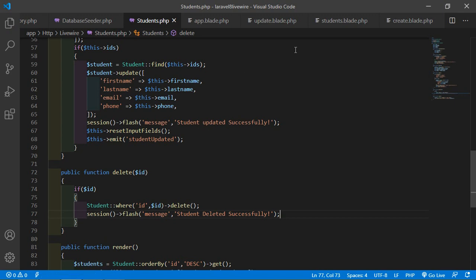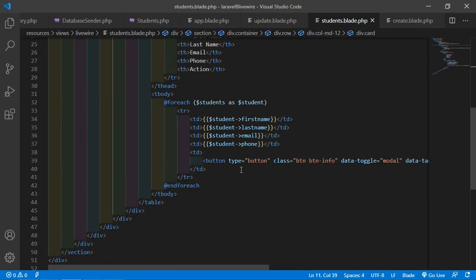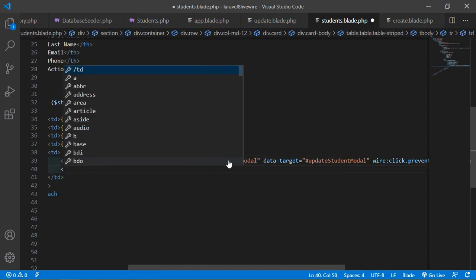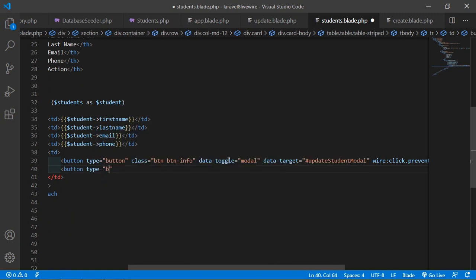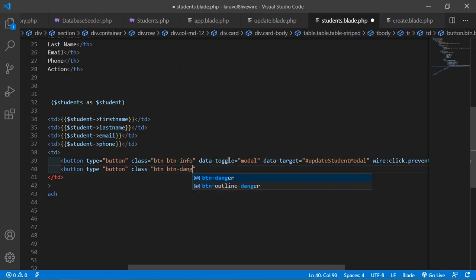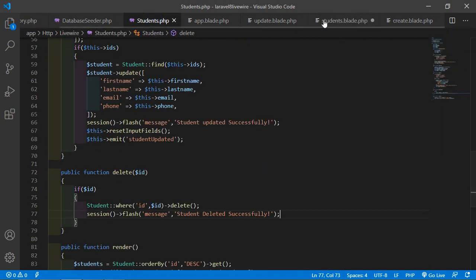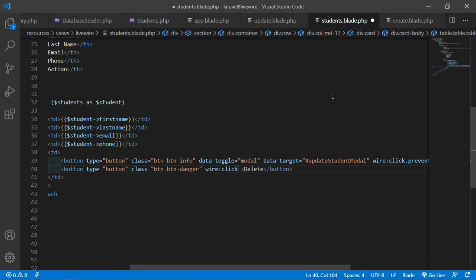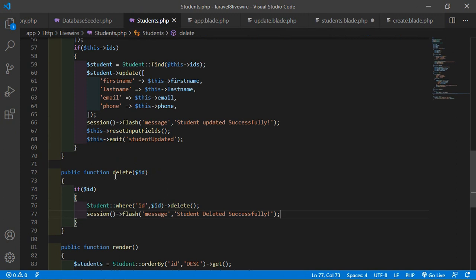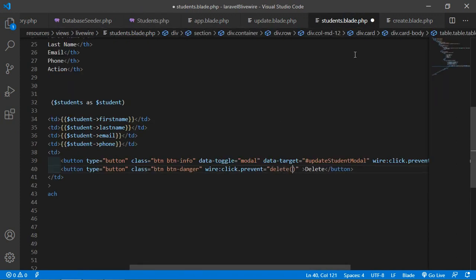now save this file and just go inside the students component view file, and inside this table after this edit button, let's create one more button for deleting the record. So just write here button type is equal to button, and class is equal to btn btn-danger. All right, and inside this just add here a text, delete. All right, and here just call the delete function. So for that just write here wire:click.prevent is equal to, just call this delete function. So just write here delete, and inside this just pass here the student id. So inside the double curly bracket just write here $student->id. Alright,